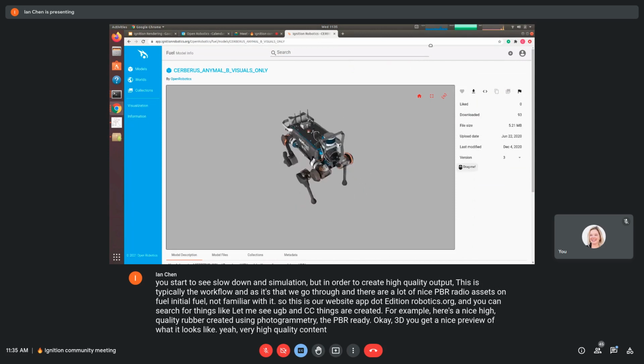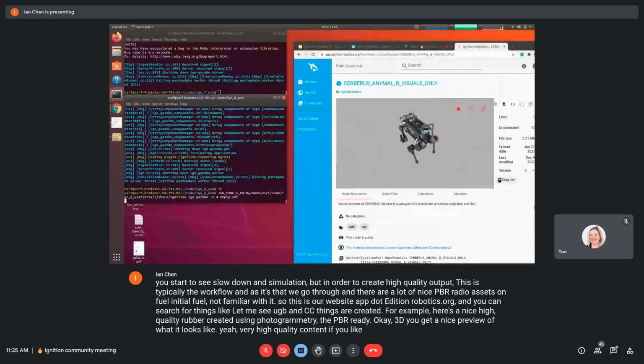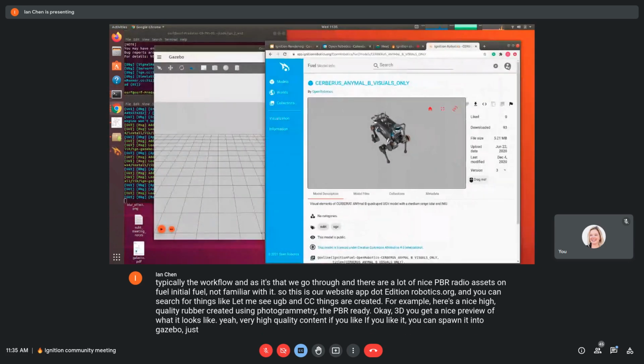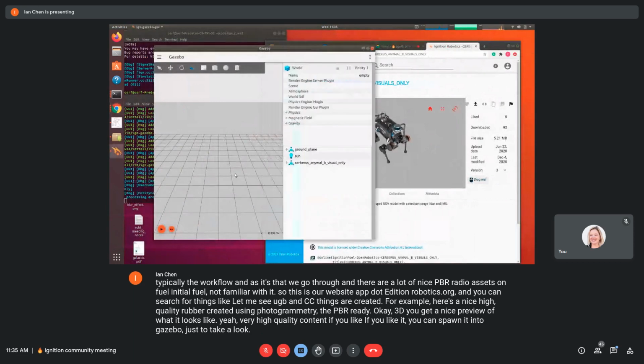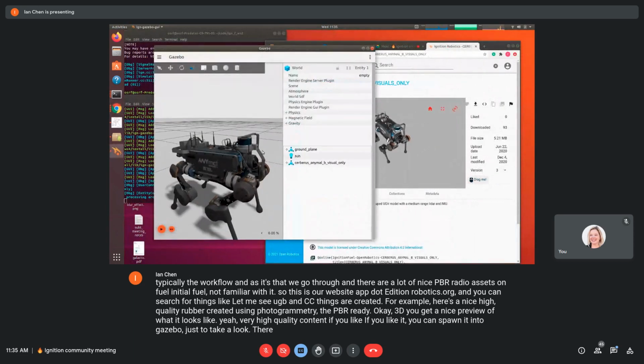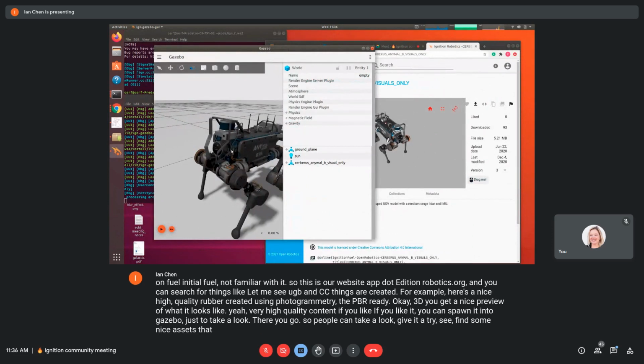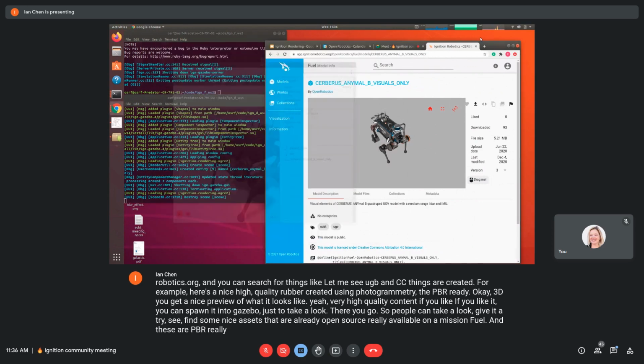If you like it, you can spawn it into Gazebo just to take a look. Here you go. So people can give it a try and find some nice assets that are already open source, really available on Ignition Fuel. And these are all PBR ready. All right.